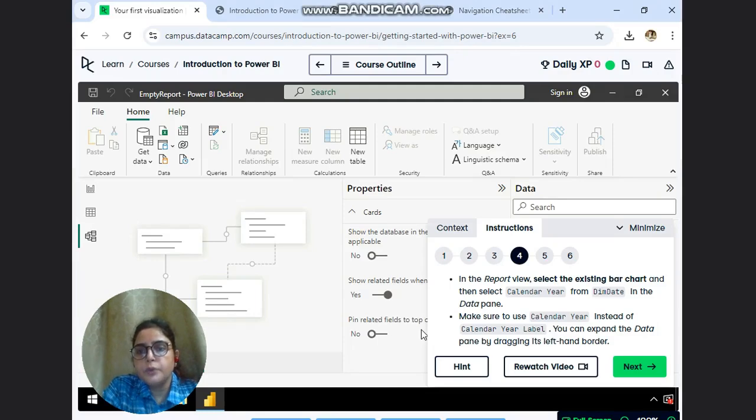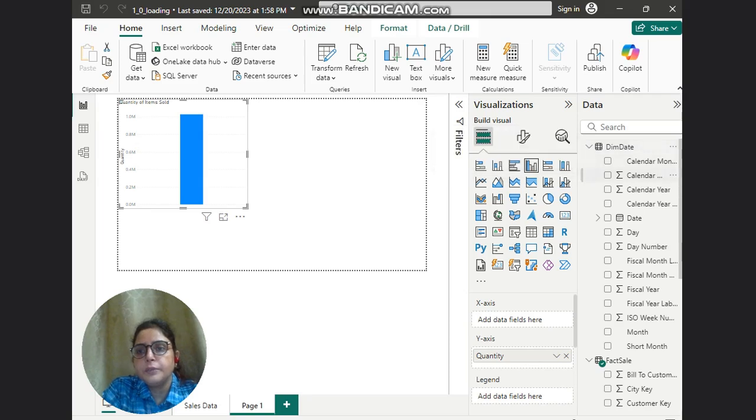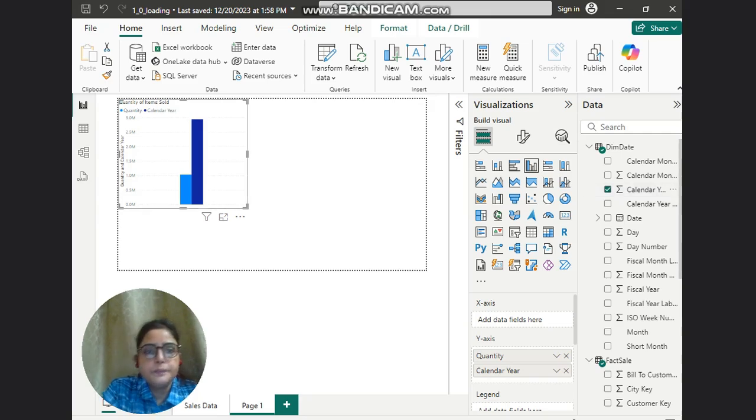In the report view, select the existing bar chart and then select calendar year from dim date. So let's select this chart and we have to select the calendar year from the dim date. Calendar year, this one. So you see the bar chart.